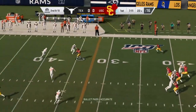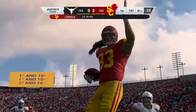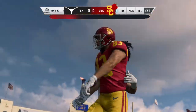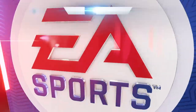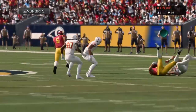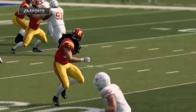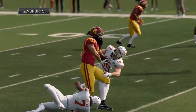Throwing again. Daniels. And this time he's got the hook up. It's complete. And they get him down, but not before he takes it across the 40-yard line. 19 yards to pick up there. Move the chains. Sometimes the most effective routes are the ones that you run in the backyard. You probably ran them when you were 5 years old. How about that little curl there against zone? But the key to it